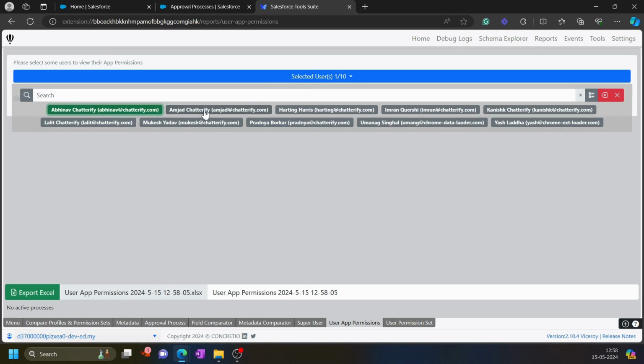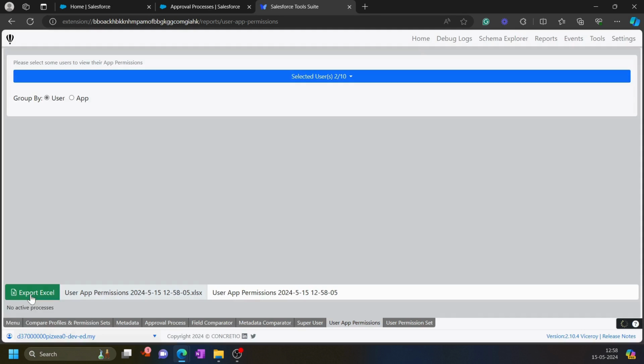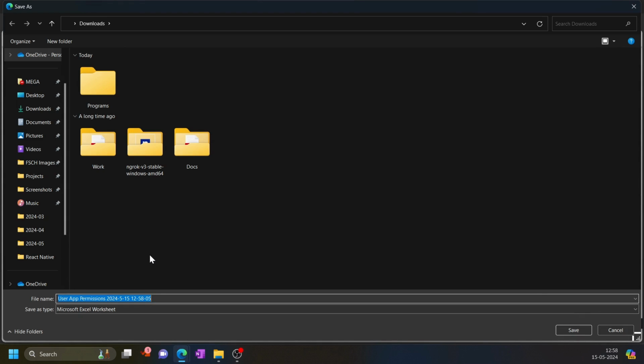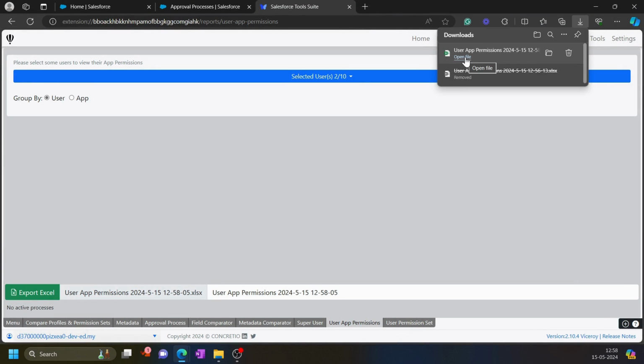I'm selecting some user, and when I click on export Excel, it will prepare an Excel report and it will get downloaded and you can view it from here. So I am opening this file